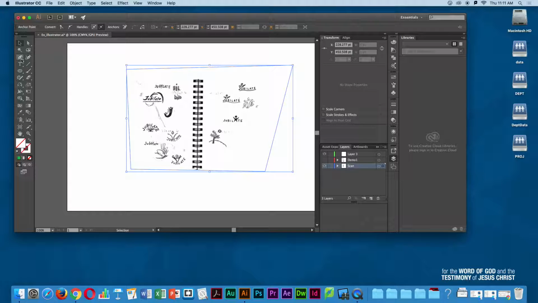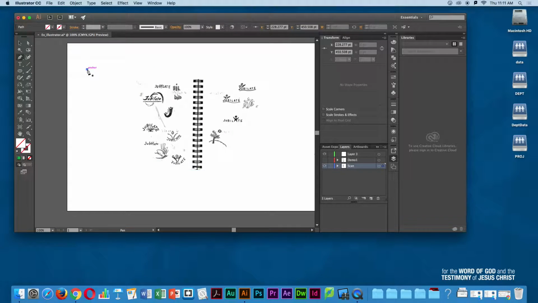So with the Pen tool, if I go ahead and click on it, I can click with my mouse, and then I'm just moving my mouse, and then when I click again, it creates another point. And so I can keep creating points, and I can draw shapes. So this is a really ugly shape. You can see when I got to the end,